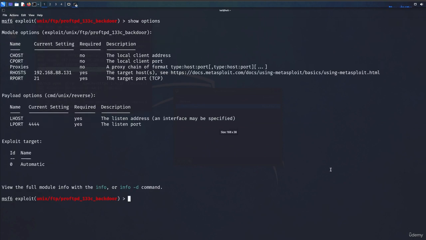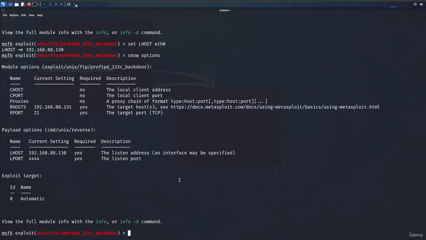Okay. Let me just, because it's annoying. There we go. Right. Okay. So now what we need to do is set L host. Now, if you have looked there carefully, it says ETH0, right? So if you think about it, okay, what happens if I put ETH0? Done. Wham bam bam. See? That's why Metasploit console is